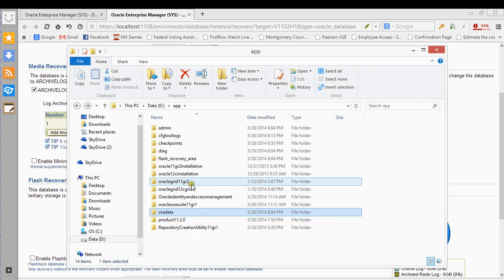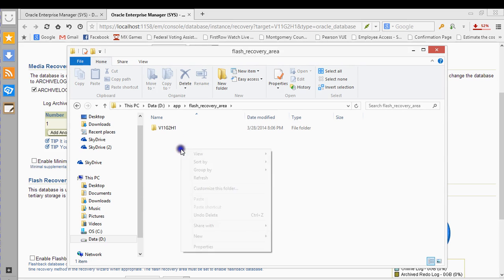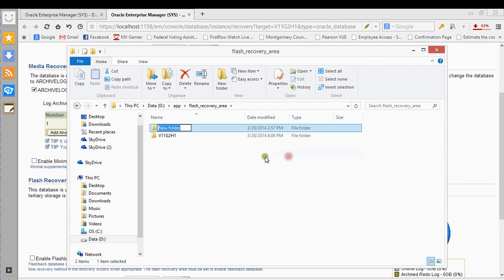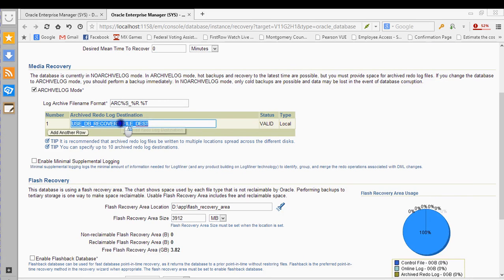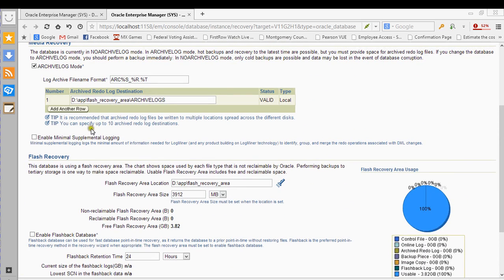So if I wanted to put it in flash recovery area, and if I want to create archive logs, let's call this... okay. Copy this and then paste it here. Okay. And also, what minimal supplemental logging is, this actually helps if you were to perform a streams on your